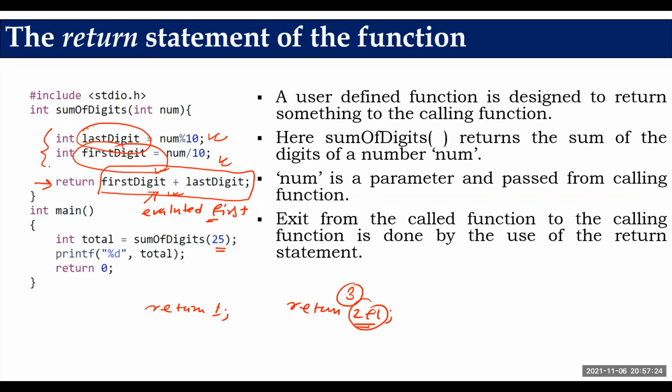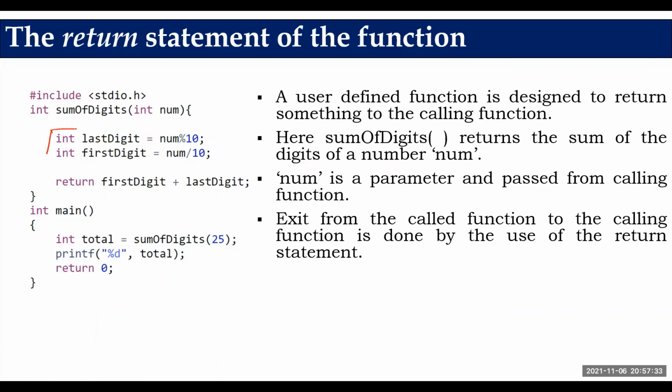Again, their type is integer. So what will be the type of this expression? Integer. Why? Because both variable types are integer. Here you can see integer. So what is the type of this expression? Integer. What is the type of the function? Integer. What is the type of the variable that we are using in the calling function to save the value? Integer. So there should be similarity. Later we are going to see in detail about the return statement. We can put a function call also. Later we are going to see that, not in this lecture, in another lecture.